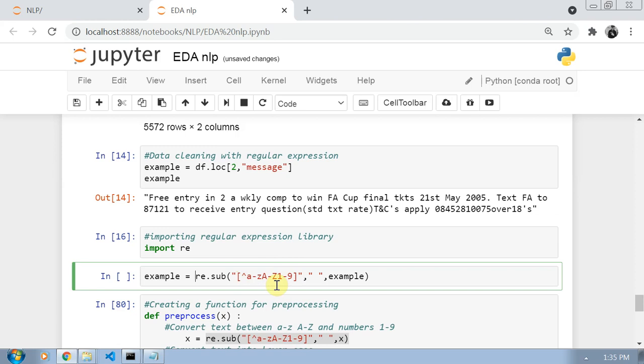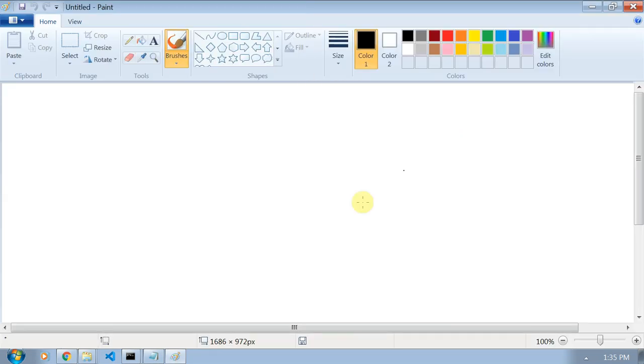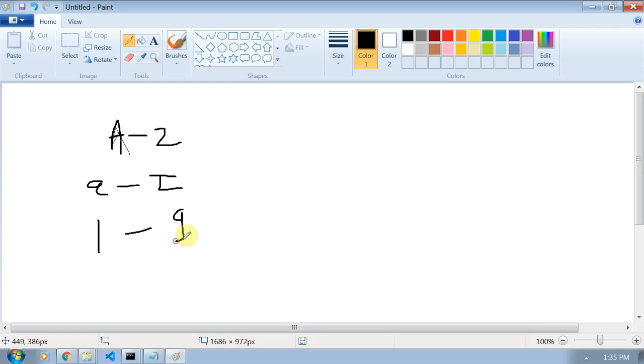And this not sign means I do not want these letters. Let me explain why. I am saying, if I find a letter which is not between capital A to Z, small a to z, and 1 to 9, then what will I do?